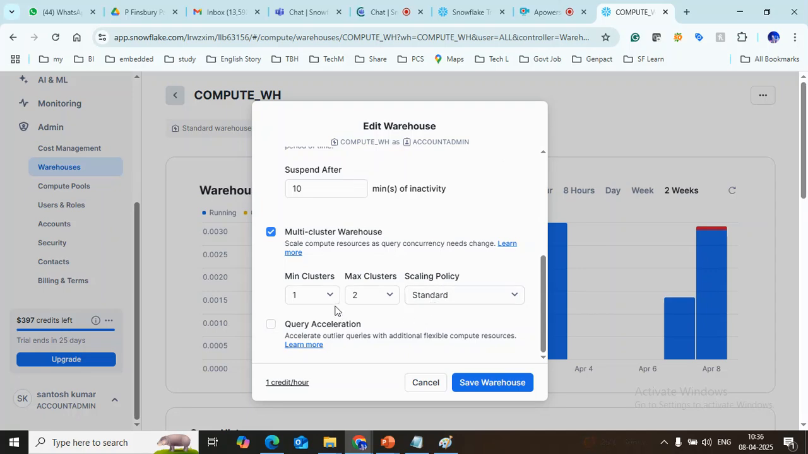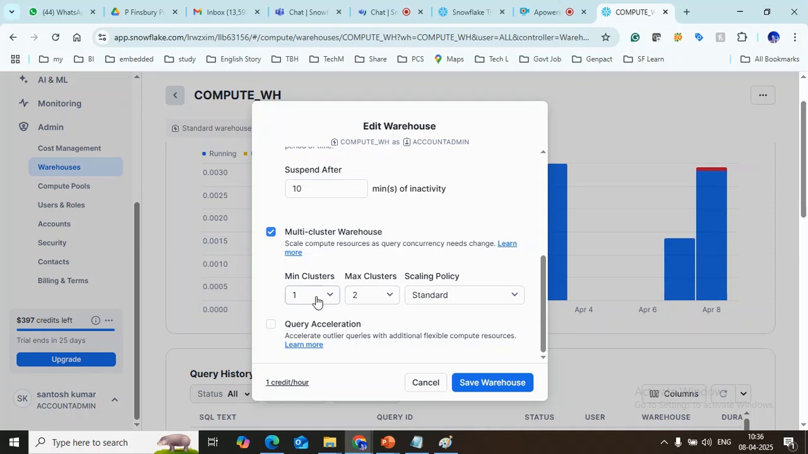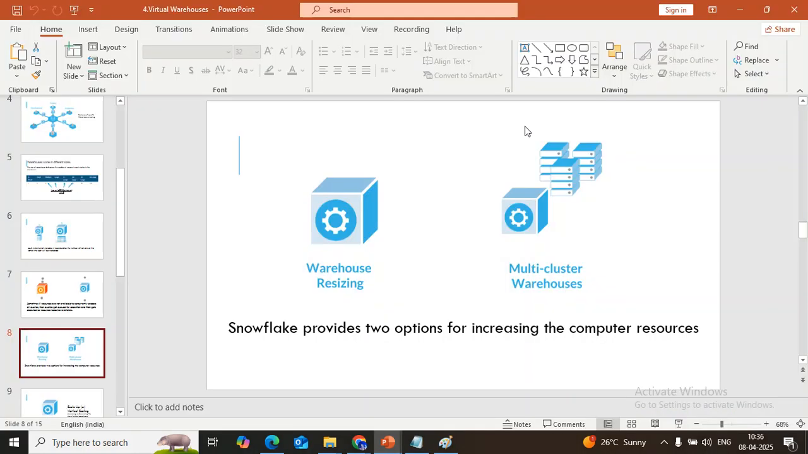Okay, so what is going to happen? The minimum number of clusters is one. The maximum, as already mentioned, is up to 10 clusters we can choose, right? So Snowflake provides two ways to increase your compute resources. Either you can resize your warehouses, or you can increase the number of clusters, right? So in these two ways we can increase the